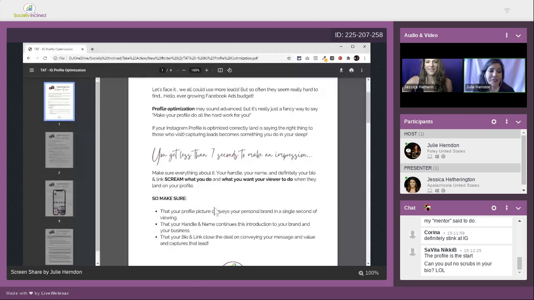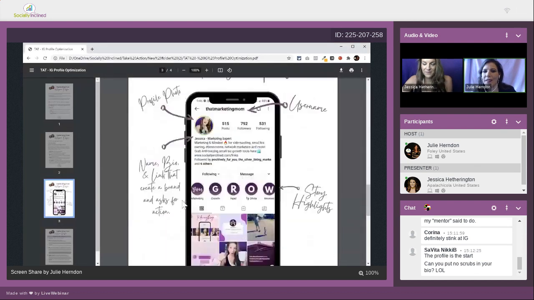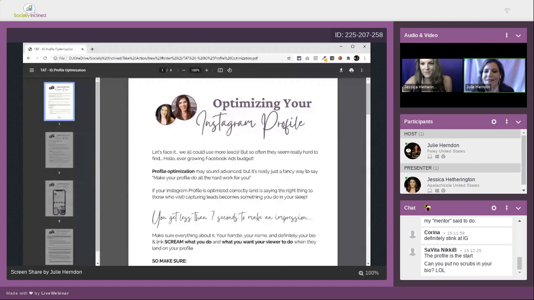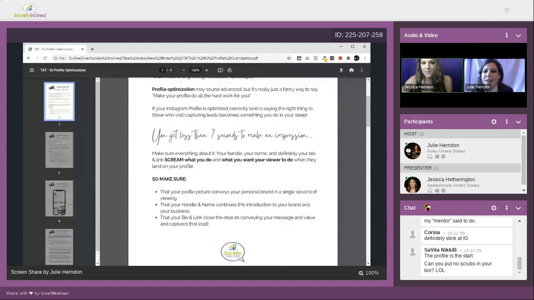So yes, definitely. Optimizing is the key. There's a couple things that we're going to just jump right into, because once you've got somebody there, you only have about 7 seconds. It's probably really even less than that, but we'll say a few seconds to make that impression. So I'm going to give you just a quick glimpse as to what's coming so that you can stay tuned.